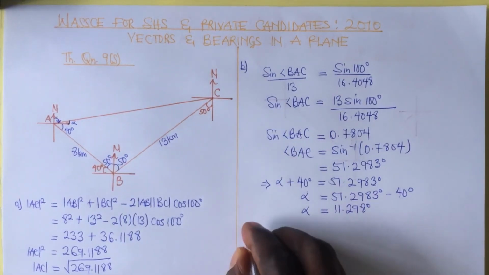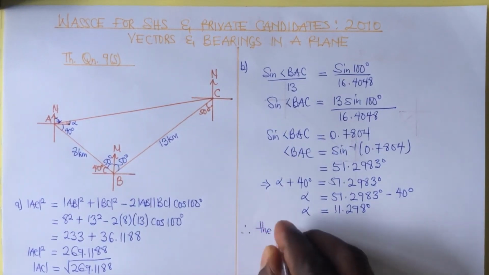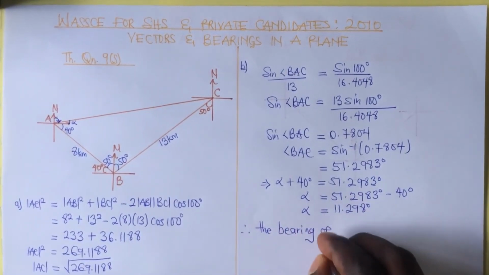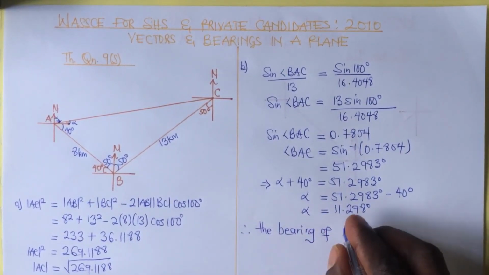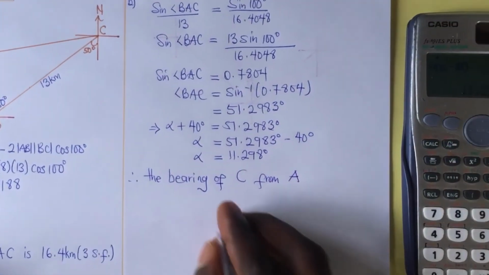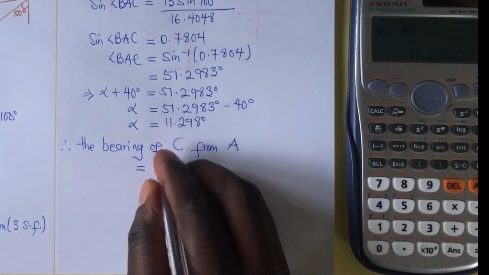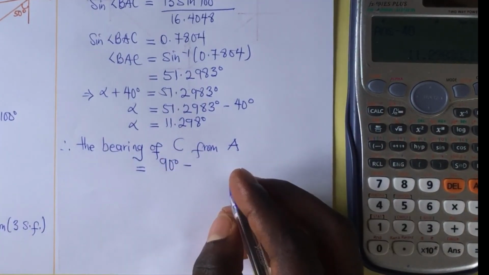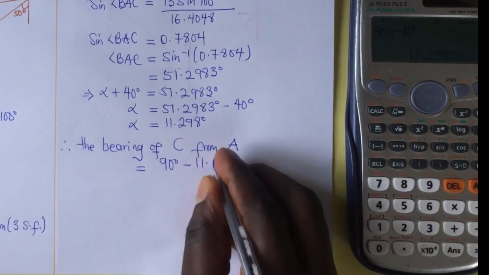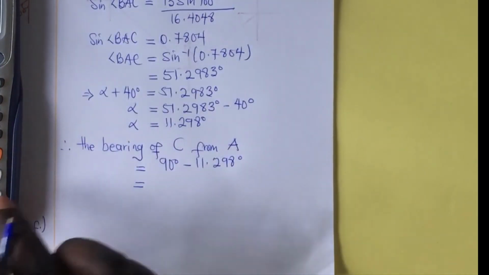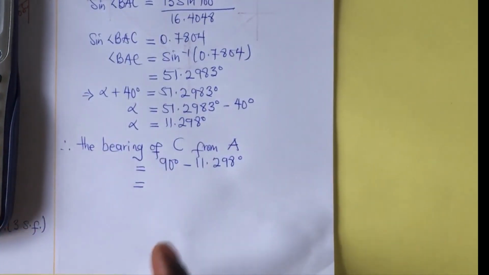So therefore the bearing of C from A is equal to 90 degrees minus alpha, which is 11.298 degrees. So 90 minus our answer is